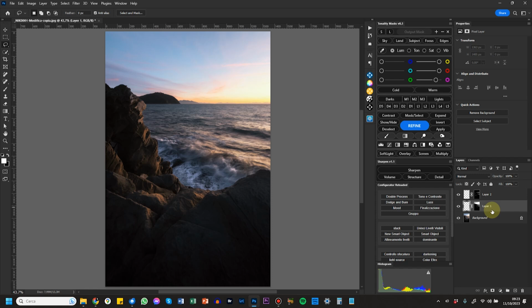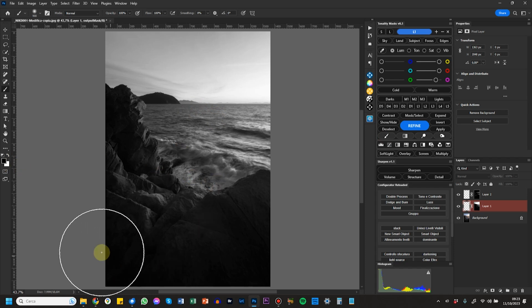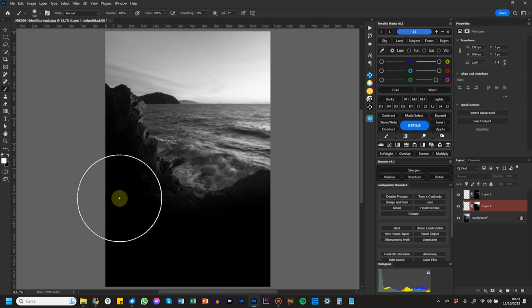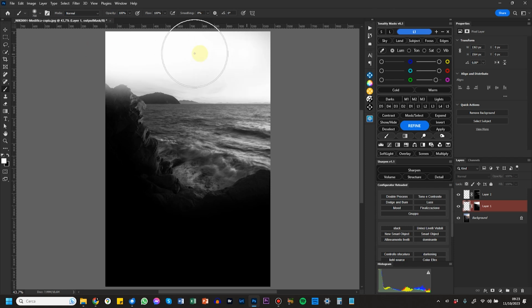Another way you can refine a mask is also by these 4 buttons here. Let's make an example with a Light 1 mask. Let's refine this with a brush. So I have a white brush, or if I press X, a black brush, where I can just erase some parts of the selection or include with the white some part of the selection. That's just freehand refining on the mask. But I can also refine it with a gradient tool.